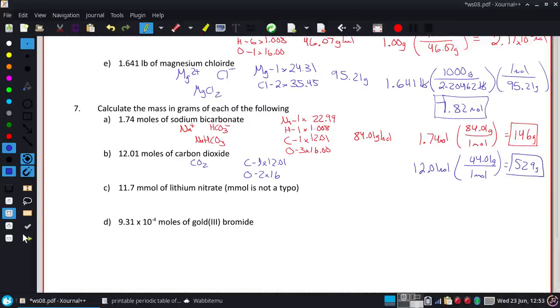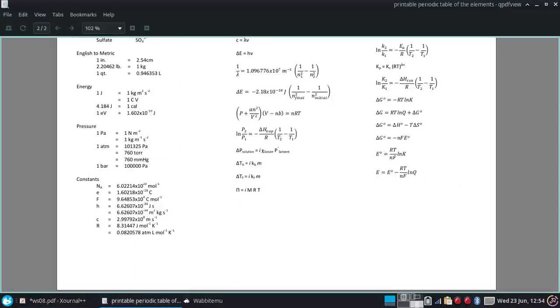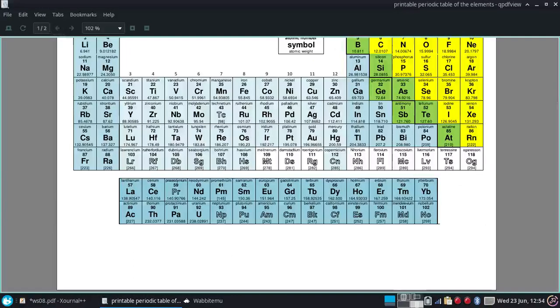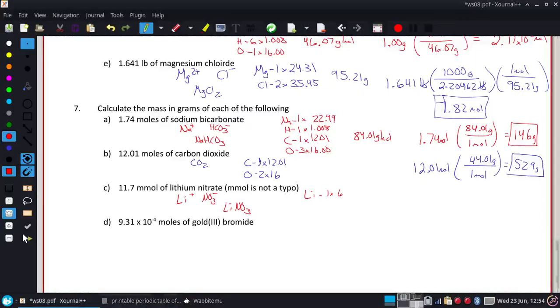All right, on C, trying to trip you up with the M before the moles. But that just adds one step on to our calculation. Lithium nitrate will be LiNO3. Lithium is 6.941. Was it 941? 941. And all we're going to do here is take that